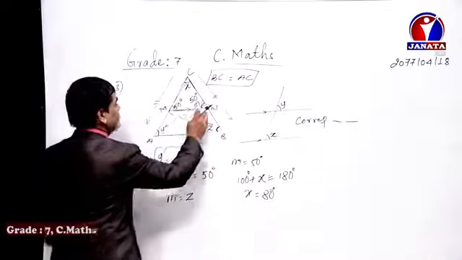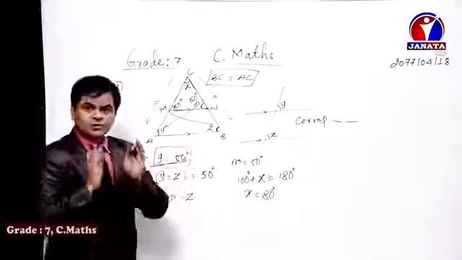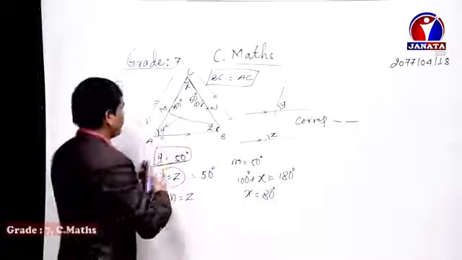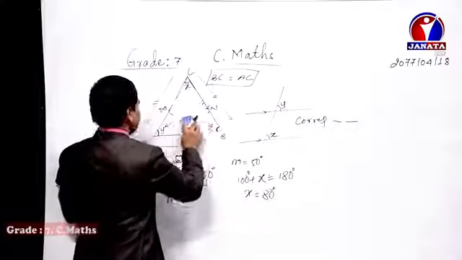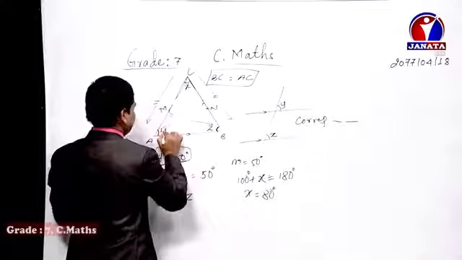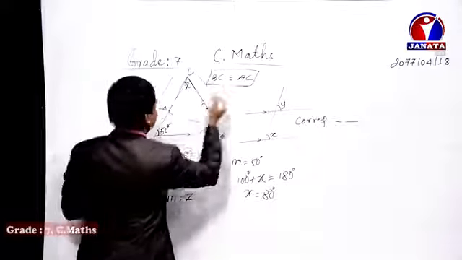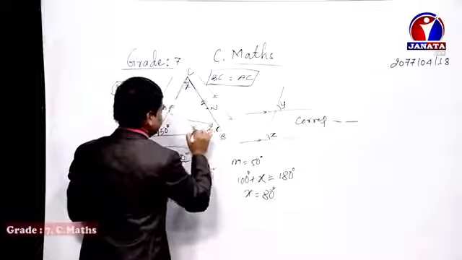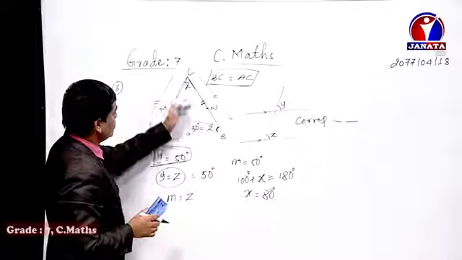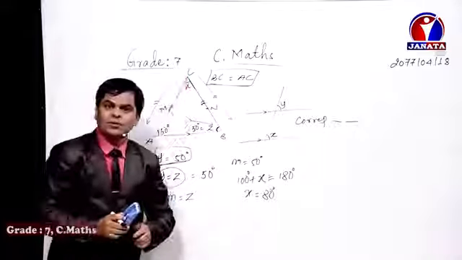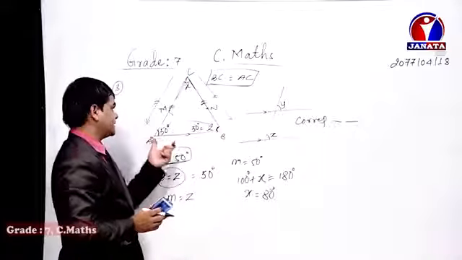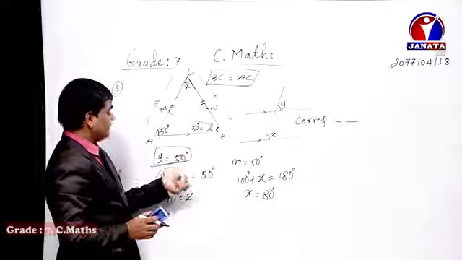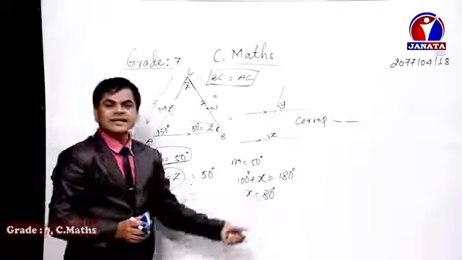Or there is another way to find the value of X. Rather than thinking about the MN line, suppose that there is no MN line. Okay, and we got the value of Y already as 50 degrees, isn't it? Y's value came as 50 degrees, and it is given BC equals AC, meaning this one side and this one side are equal to each other. So this Z also came as 50 degrees. Now by doing the sum of angles of this triangle ABC also, we can calculate the value of X. 50 plus 50 plus X equals 180 degrees. As a result, at any cost, the value of X comes as 80 degrees.